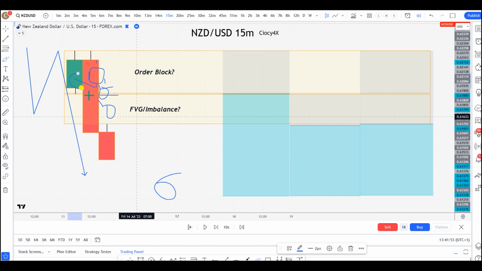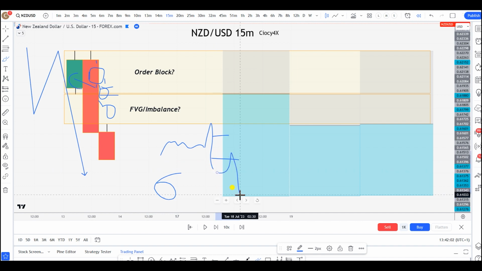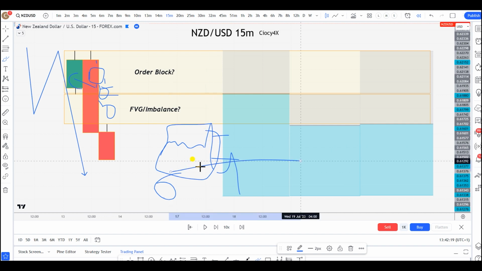And that's what we're going to be looking at now on the chart, because nowadays people are learning a lot about ICT and how he says that after liquidity gets taken out, price shows intentions with the displacement, leaving imbalance behind, so you take from the imbalance. So now someone would be like, okay, there's no order block, I'm just taking the imbalance. However, what you are missing here is that probably the whole zone itself is just an order block in another higher time frame. So you're trading within a smaller time frame where you see the small narrative, but you don't take into consideration the higher time frame, which is this.